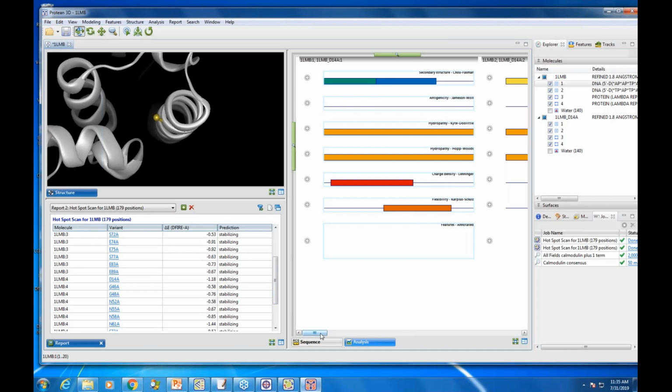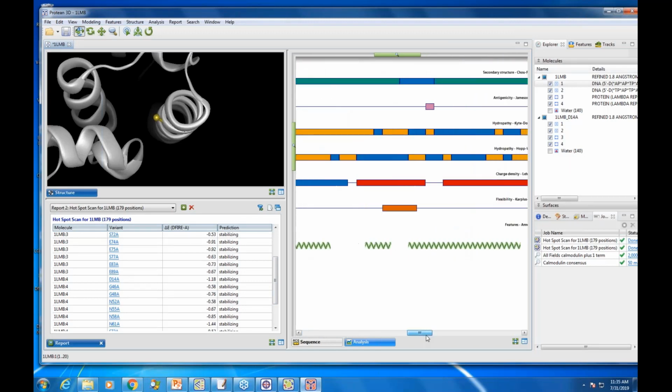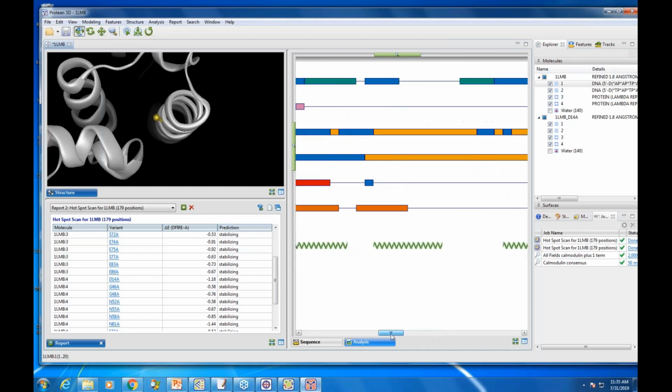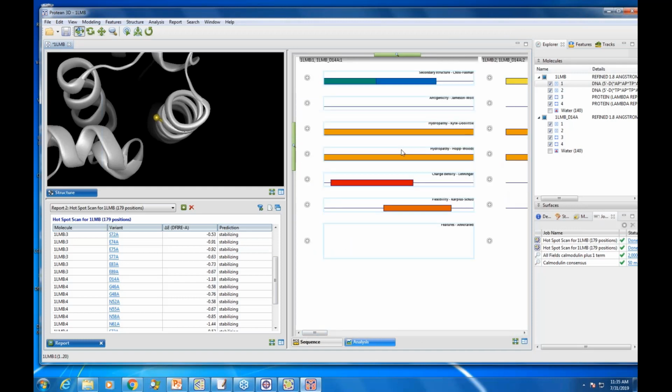So maybe I will do additional analyses and overlay those positions to try to find different regions based on secondary structure or antigenicity or hydropathy, to help me select which mutant I think is the most impactful or going to have the desired result. However you do your analysis, now I could choose to go back and introduce that specific